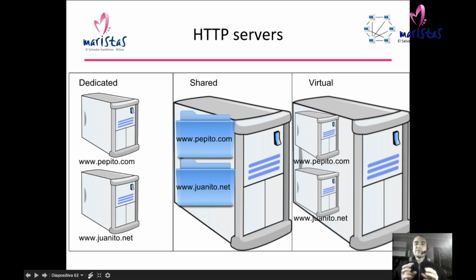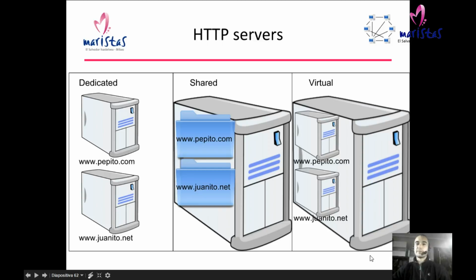So when we hire a virtual computer, we are hiring a computer that can be configured as we need, but will be stored or used along with several other virtual computers inside a physical server. It is going to be cheaper than a dedicated server, because several clients are going to pay for the physical computer. It is not going to be as powerful as a dedicated server,